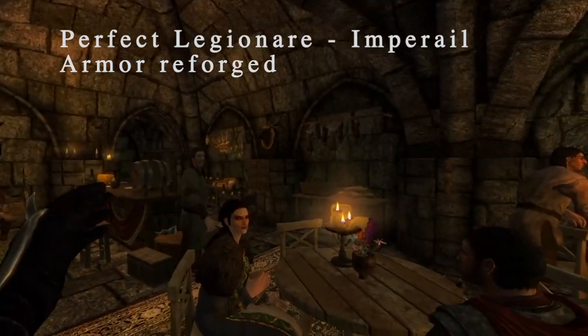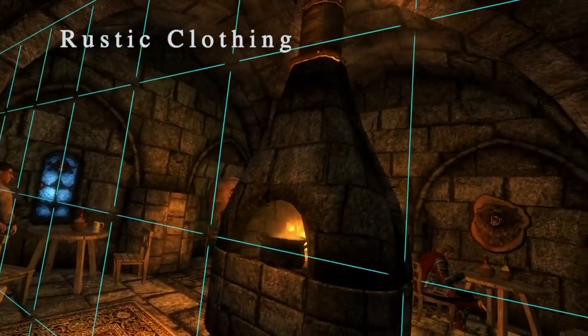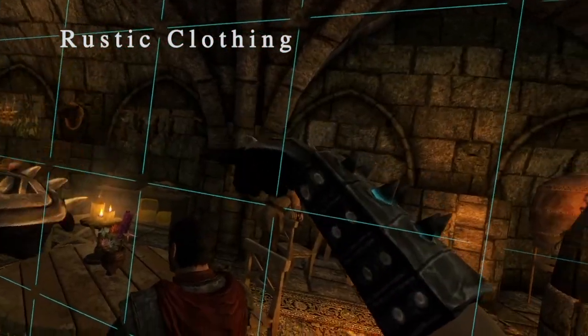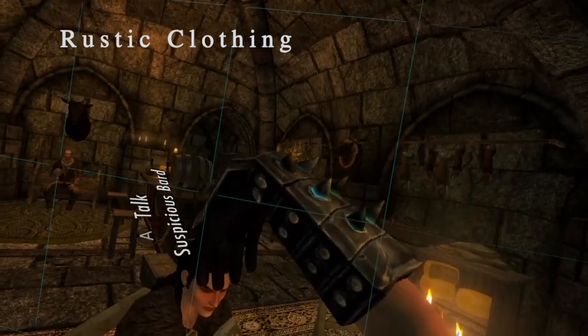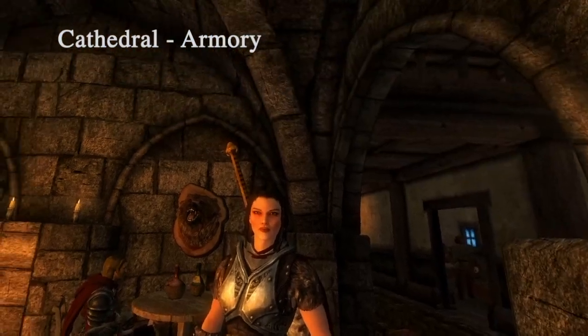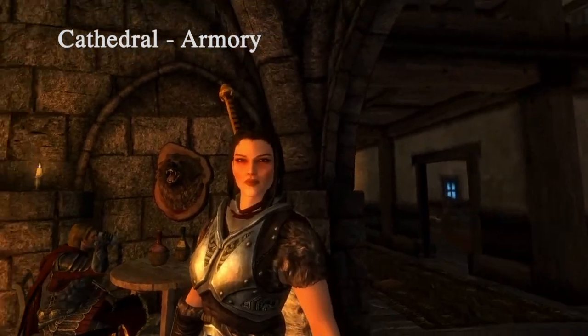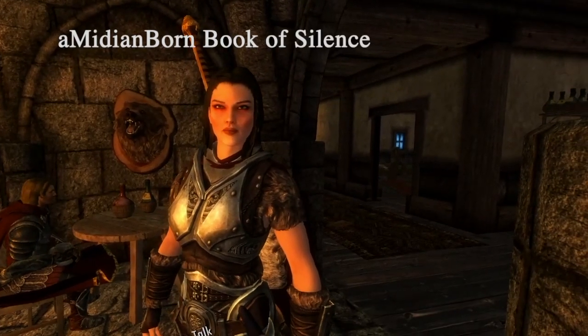And then, let me try to remember. There's Rustic Clothing. I know that. I'm using that one, which makes clothing a little bit fancier. There's what I did. I installed Cathedral Concept, which I think retextures basically all the clothing and armor in the game. And then on top of that, I put Amidianborn